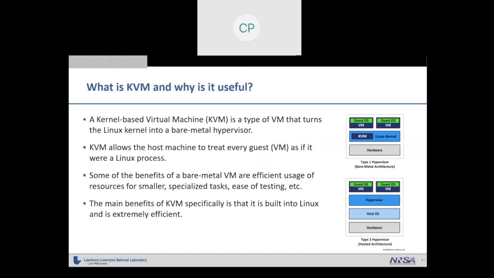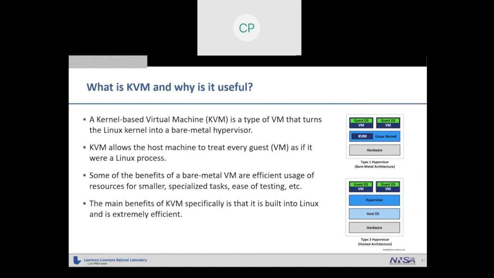So now that we know what a virtual machine is on a high level, I'm going to introduce kernel-based virtual machines. Kernel-based virtual machines, or KVM, is a type of virtual machine that uses the Linux kernel as a bare metal hypervisor. This allows the host machine to treat every virtual machine, called a guest, as if it were a Linux process. Therefore, every guest has the same level of access to physical hardware as any other process